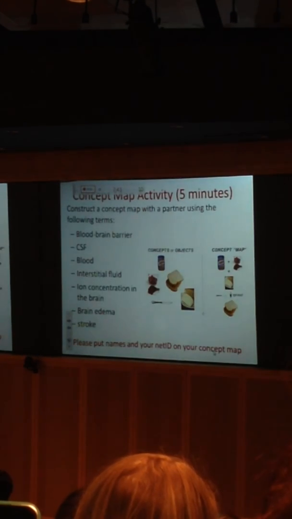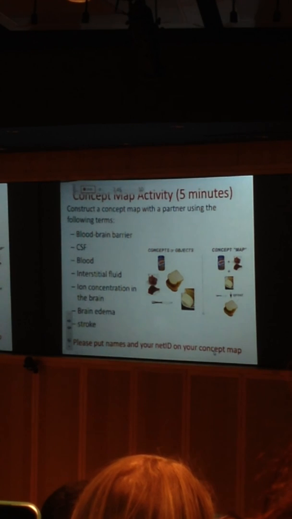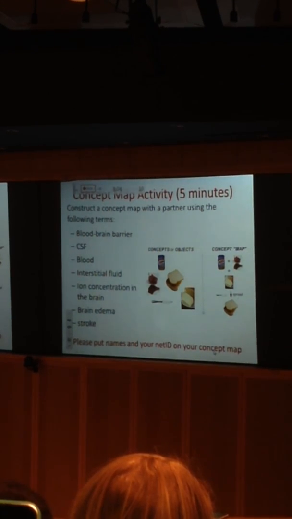Okay, so here I have the assignment for today. Remember, I want you to review what we learned. So this assignment is to use the rest of the class time, or any time you can find, to construct a concept map with a partner using the following terms: blood-brain barrier, cerebrospinal fluid, blood, interstitial fluid, ion concentration of brain, stroke, edema. You may add any terms you want, for example, sodium, chloride, potassium, and how this is affecting the neuron function. Are you going to see hyperpolarization or depolarization? Those are the things that you may want